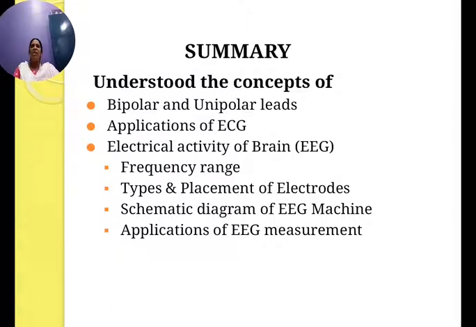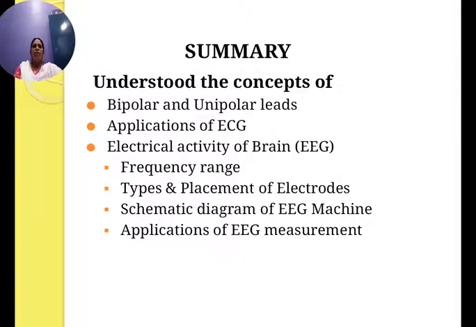In bipolar leads, these include the frontal leads in an ECG, lead 1, lead 2 and lead 3 configuration. Then three augmented lead connections are possible, and these include AVL, AVR and AVF. In bipolar leads, the potential is measured between the two electrodes, and in unipolar leads, the potential is measured between one single electrode and a central terminal.